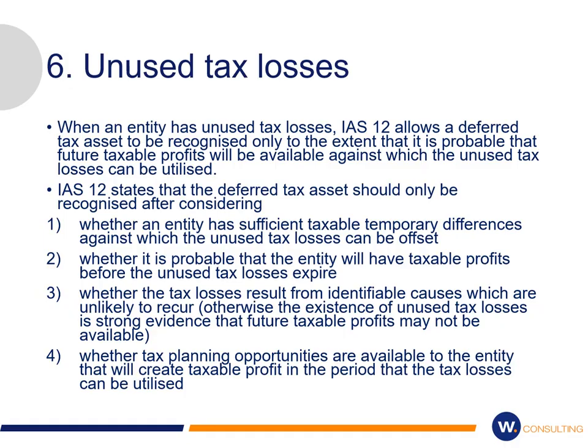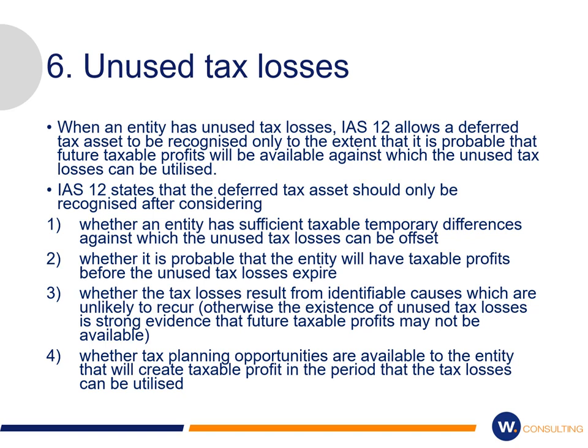Let's look further at unused tax losses. When an entity has unused tax losses, IAS 12 allows a deferred tax asset to be recognized only to the extent that it is probable that future taxable profits will be available against which the unused tax losses can be utilized. IAS 12 states that the deferred tax asset should only be recognized after considering whether an entity has sufficient taxable temporary differences against which the unused tax losses can be offset, whether it is probable that the entity will have taxable profits when the unused tax losses expire, or whether the tax losses result from identifiable causes which are